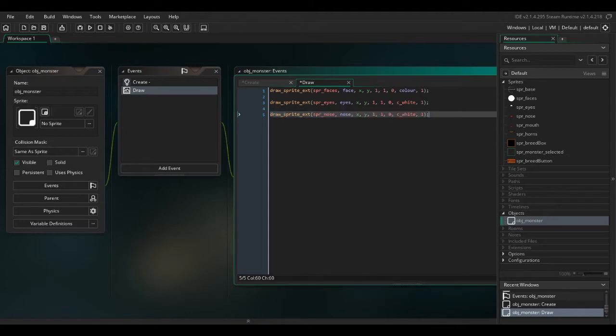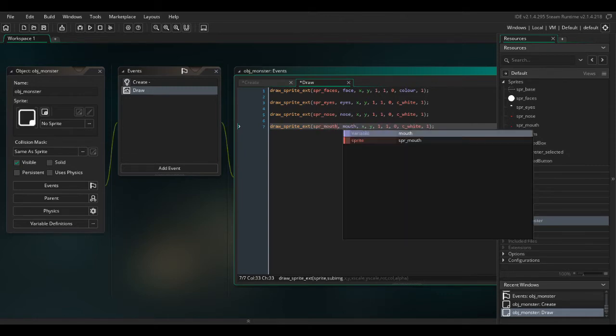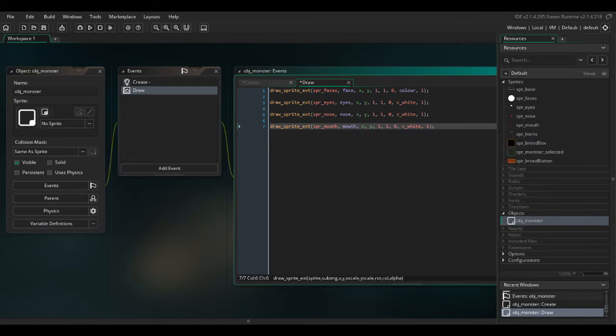So nose, mouth will be the next one. So SPR mouth, mouth. And the horns is different. We only want this monster to draw horns if horns is true. So we're going to write a simple if statement. So if horns is equal to true,